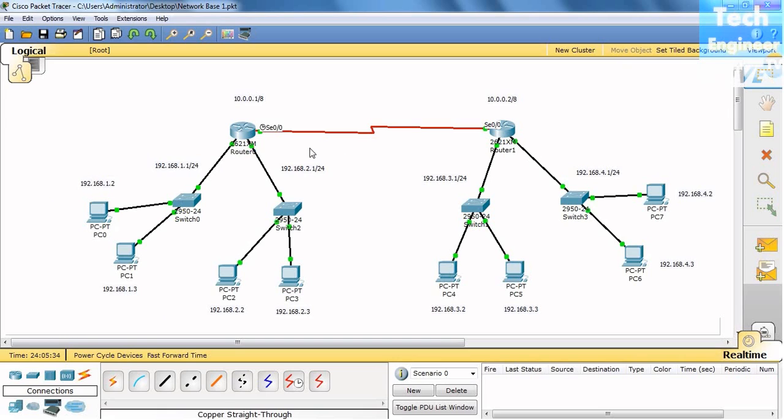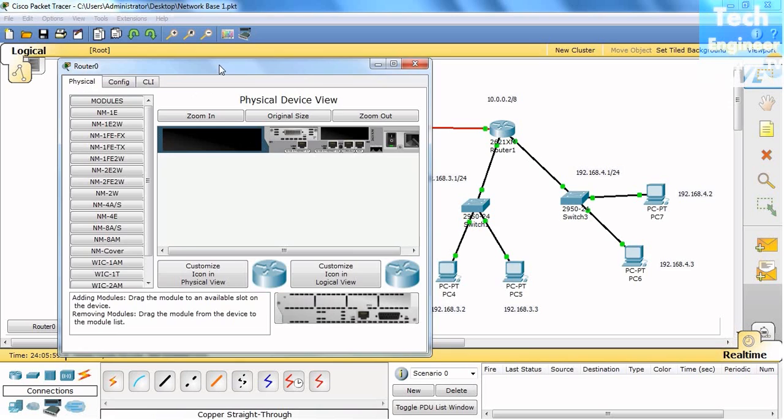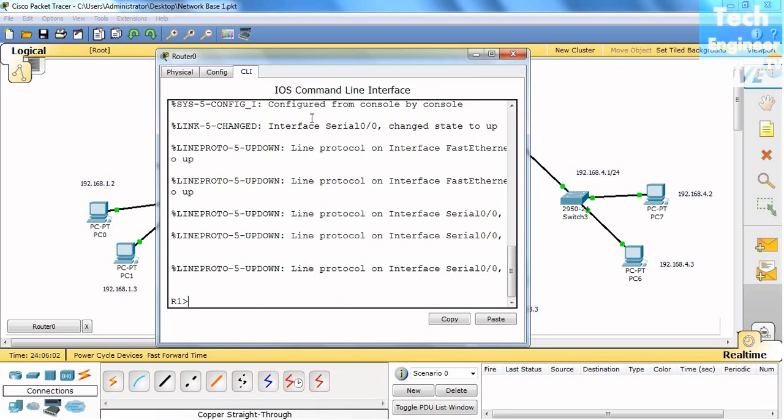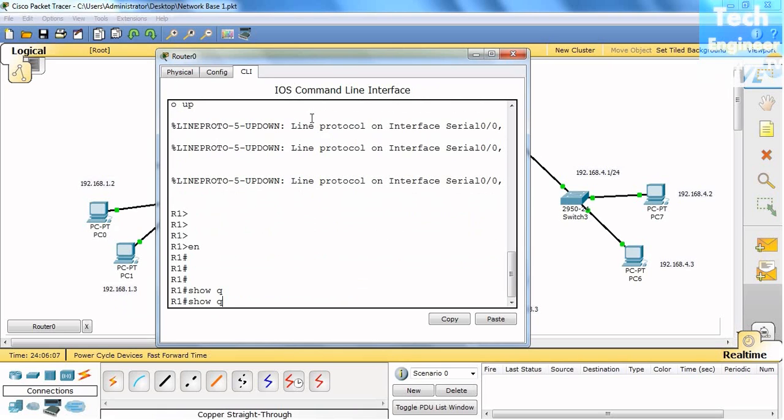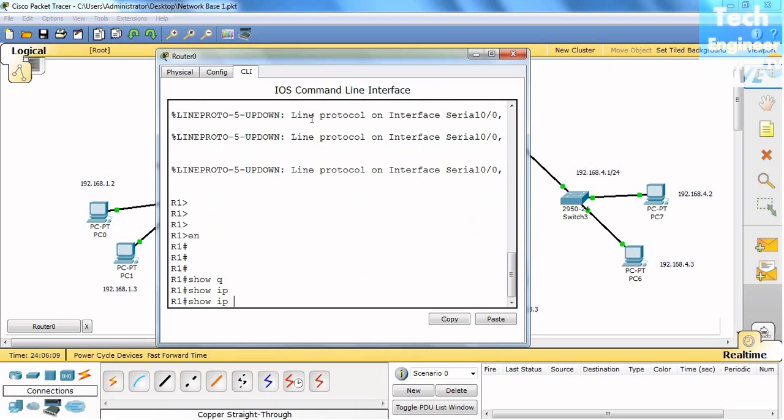And although these two routers are connected at the physical layer, they are not connected in the routing way. They are connected at the physical layer, and when the green lights are on, the link layer is also connected, but routing is not enabled yet. And routing means what? If I go to the router in privilege mode and give the command show ip route,